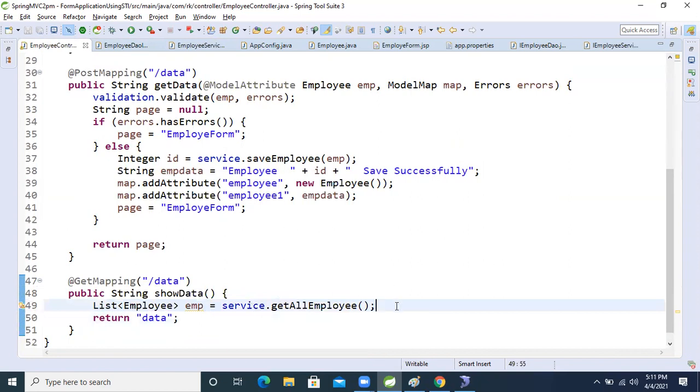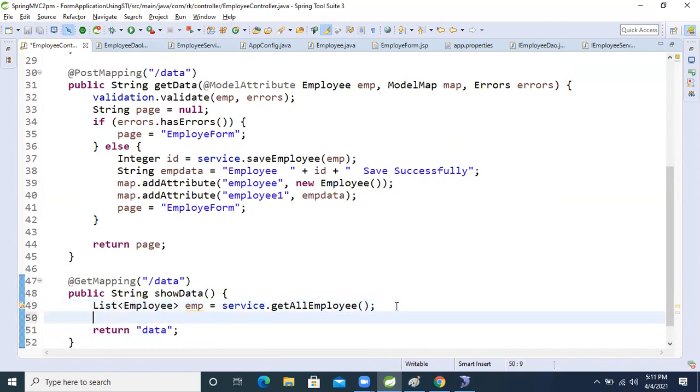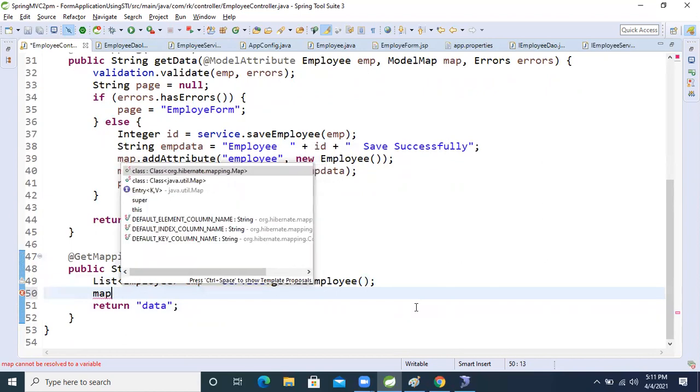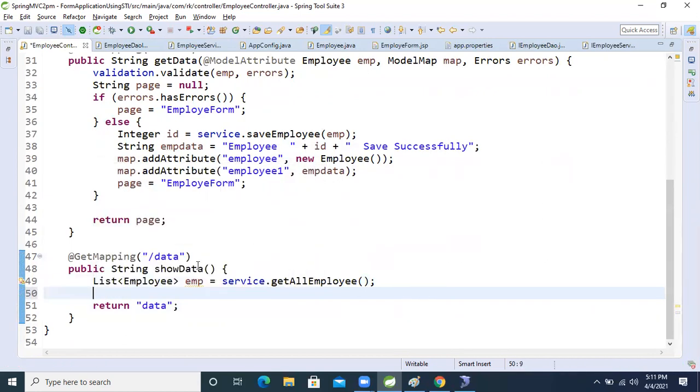Next, we will expose this list of data. I hope you remember how we expose that list of data. Map dot add, oh sorry, I forgot.